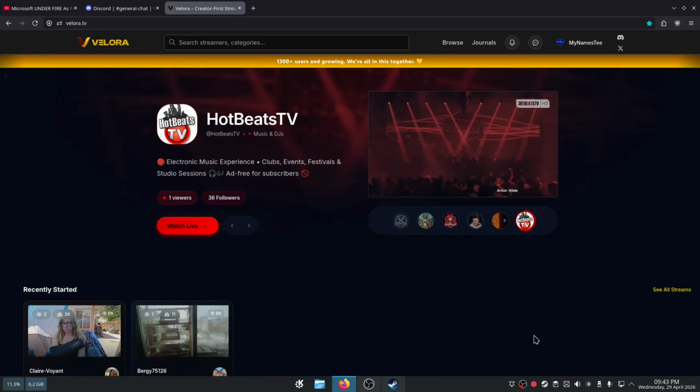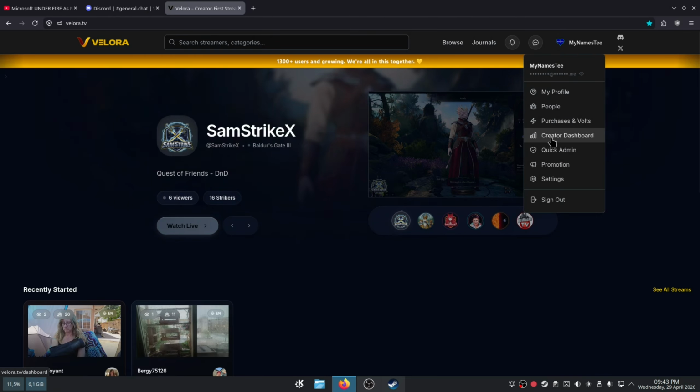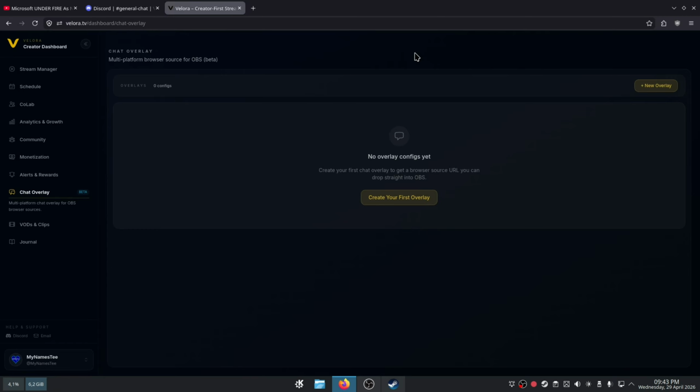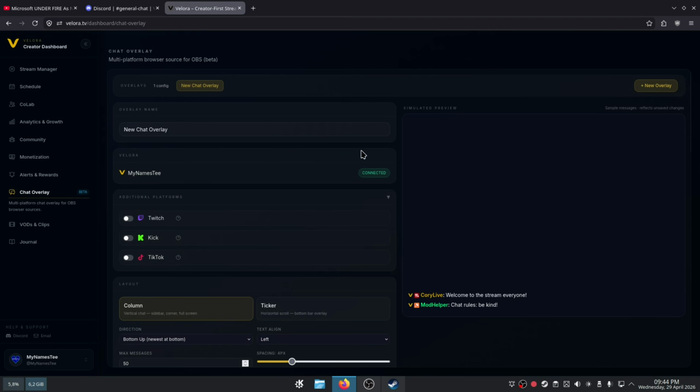To get started, we would need to head to our dashboard. To do so, I'm going to click my name at the top right, then click Creator Dashboard. We need to look at our left-hand side. Right here, with a beta tag on it, we need to click Chat Overlay. Now, to actually use our chat overlay, you need to create your first overlay. So we're going to click the Create Your First Overlay button, and welcome to our version 2 of our chat